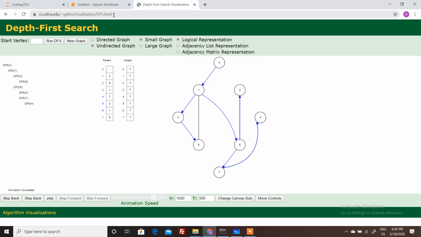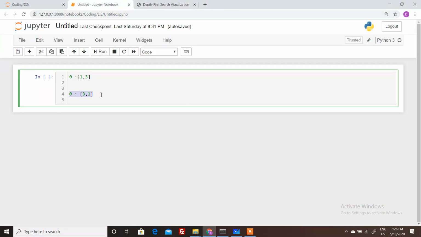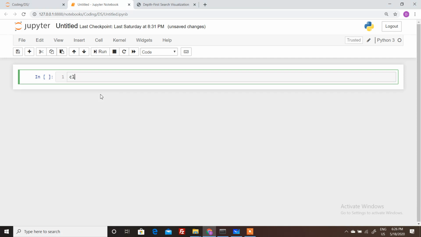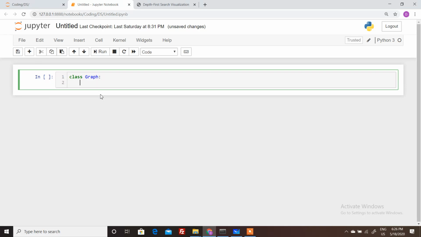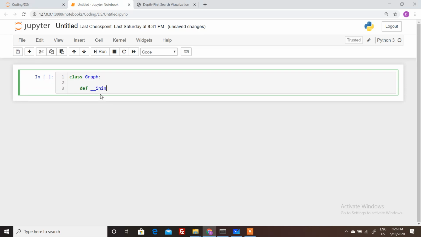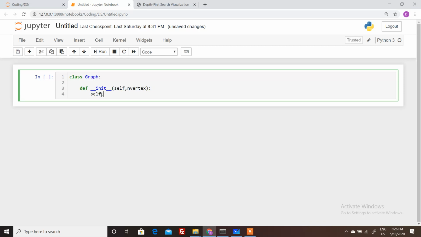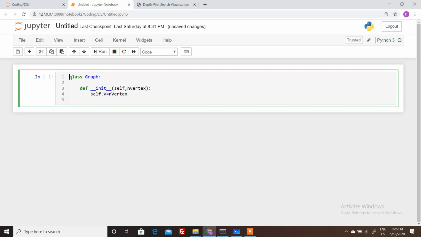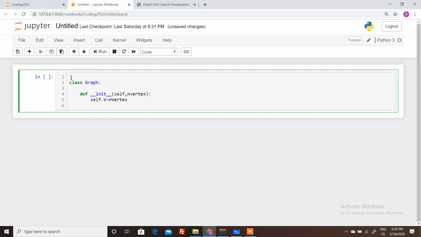So let's now implement the code part. Let's create the graph class first, and let's define the constructor and vertex. We also need defaultdict to store the graph in an adjacency list.